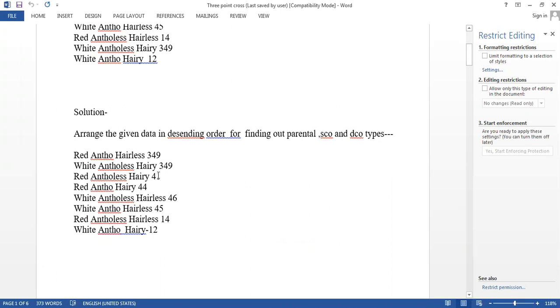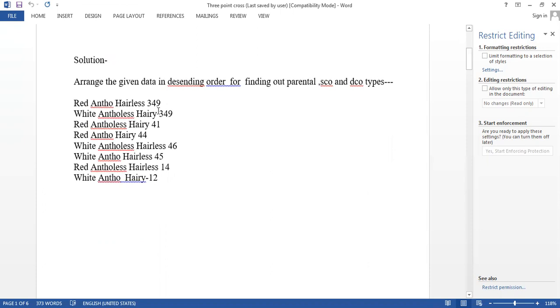Now what will remain? You will get 4 inside: 44, 41, 46, 45. 4 will remain in the center and they are single crossover types. They are single crossover types in region 1 and region 2. Region 1 means between gene 1 and 2 and region 2 means between gene 2 and 3. So after arranging the data, these two are parental, these two are single crossover, and 4 in between are double